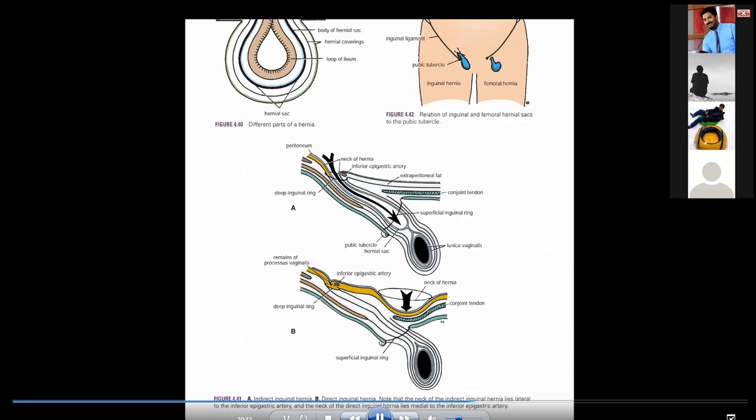Inferior epigastric artery, please remember it. Now we are going to study about inguinal hernia. Now, inguinal hernia, I explained to you, it is very easy for you to divide it or classify it by the arteries or vessels known as inferior epigastric artery. So by the relation of the inferior epigastric artery, you can easily classify that inguinal hernia is